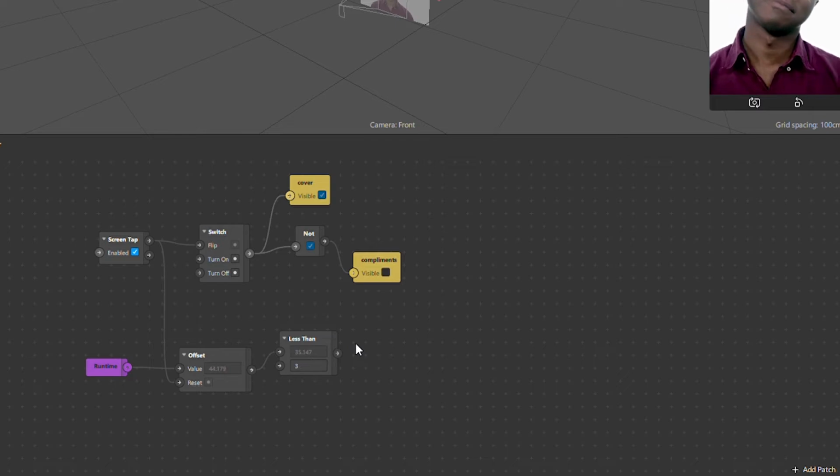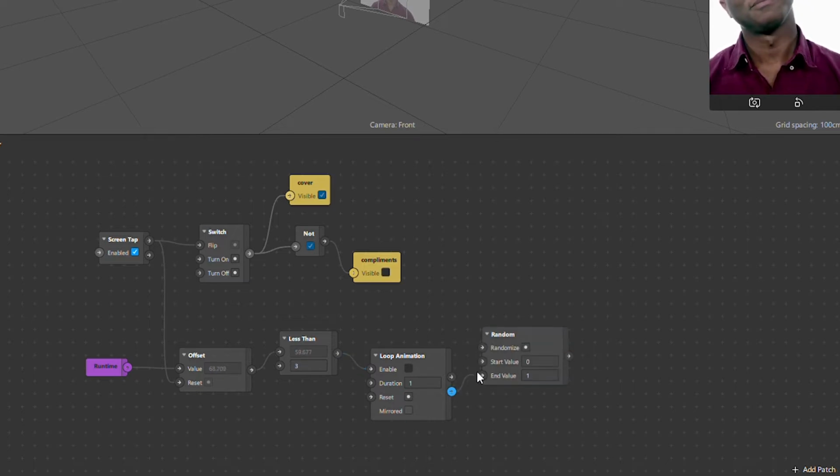So what we want to do next is make it into a loop animation, to have it play on a loop. So right click and type in loop animation and enter. So now you have a loop animation box. What you want to do with it is connect it to less than, and then connect the loop part of it to another box which is going to be random.